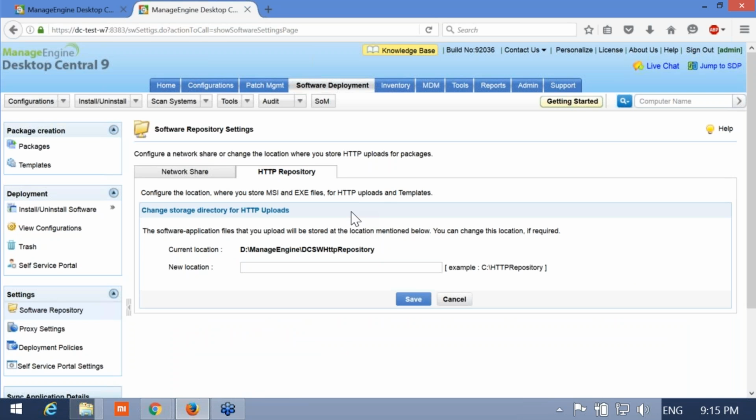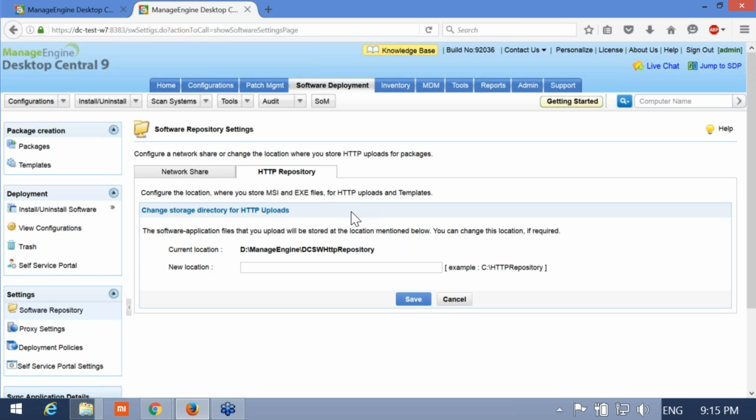manage the WAN environment. So in case of HTTP repository, if you have a distribution server placed in the remote office, then all the software packages will be replicated automatically to the respective distribution servers from your main office network share, and then distributed to your remote office client machines. So there basically you're saving the bandwidth. So instead of all the machines going back to the main share and downloading multiple copies, the distribution server will communicate to the main server network location, copy a single file to the respective local DS machine, and distribute to the